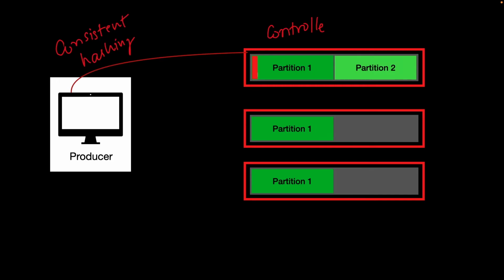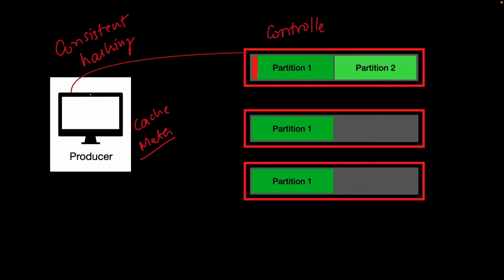After getting the information of the partition, it will fetch the broker ID and the IP of the broker from the metadata information, and will send the request to the particular broker to publish the data. These clients cache the metadata on their side, so that they do not have to make the API calls for the partitions again and again.